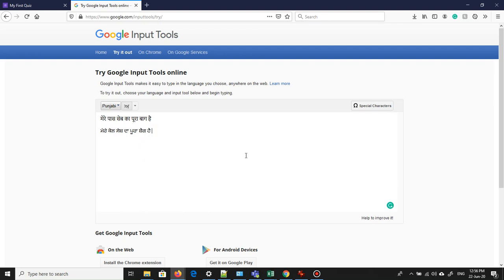Oh, it has taken bag, so my mistake. We can change that. We just need to select that, delete it, and choose bag, probably this bag, I hope so. So writing in Hindi or Punjabi is not very difficult here. Creating a form is not difficult at all.